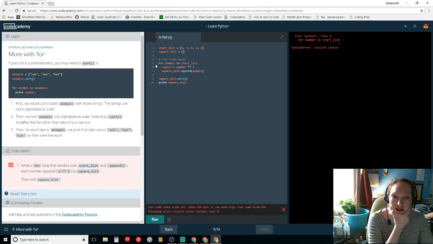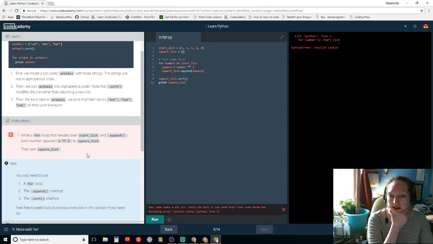Invalid syntax in line 5. Maybe I need to write it as for number in square list. And then it's the start list variable times itself. Yeah. I don't know. Let's get a hint. Let's see what it says.